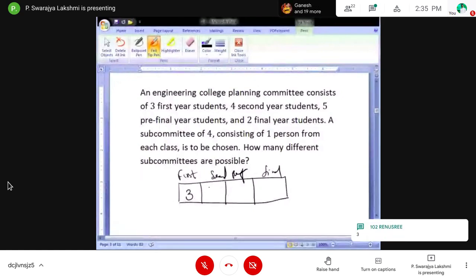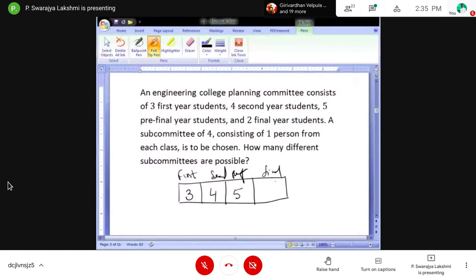To select the second year, 4 members. To select pre-final, 5 members. And to select final, we have 2. So 3 into 4 into 5 into 2.